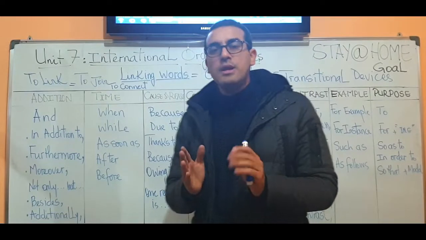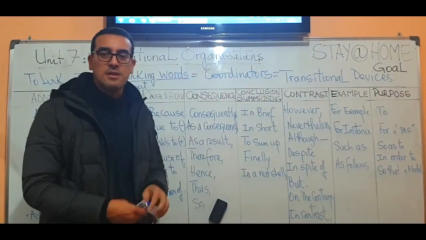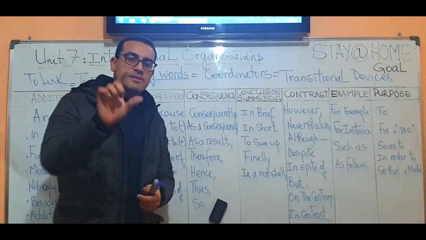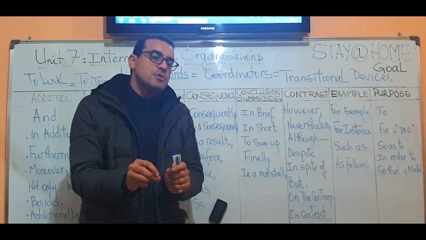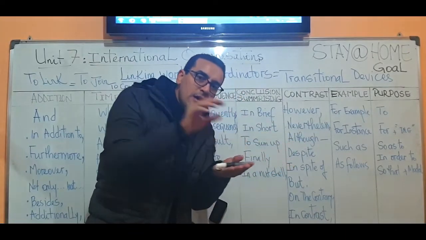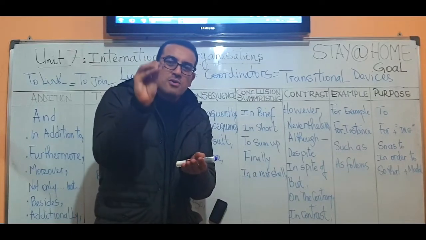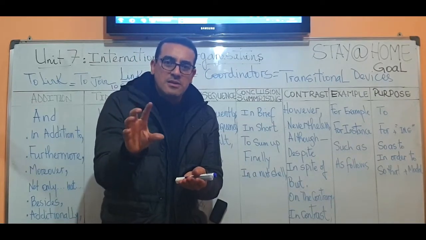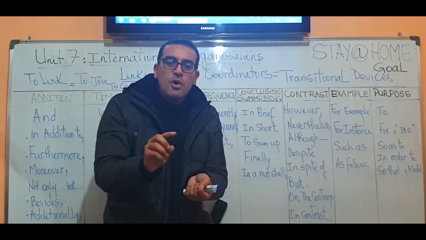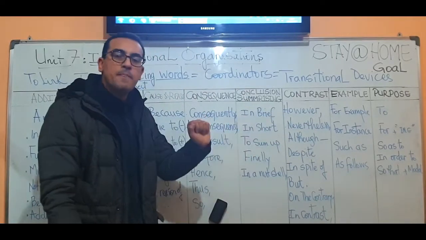Let's go down to number 5. Logical relationship, conclusion and summarizing. So as you can see here, the first one is in brief. As I told you, you may want to put a long text, for example, into a small one. It means that you try to give the most important ideas in the text. And you try to give us a general idea or a general view of what the text is all about. So we use in brief,